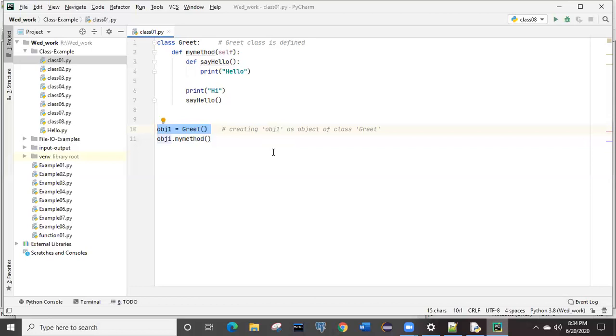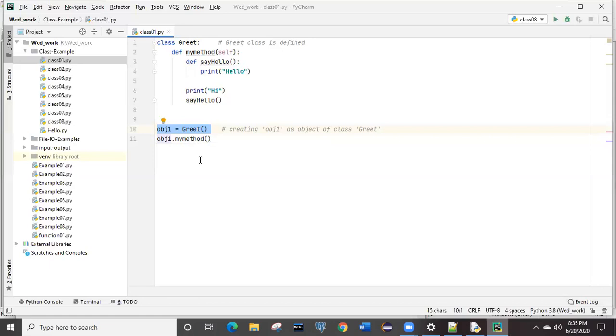My method will be self. See, as I just explained, object one dot my method. If it is calling my method, it will go and search in your project, this small program.